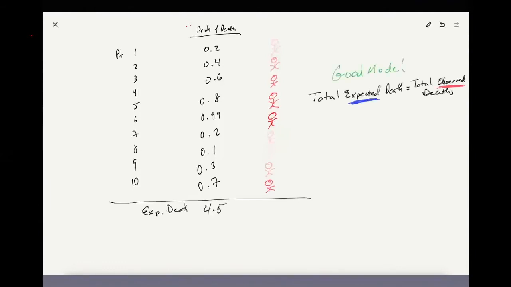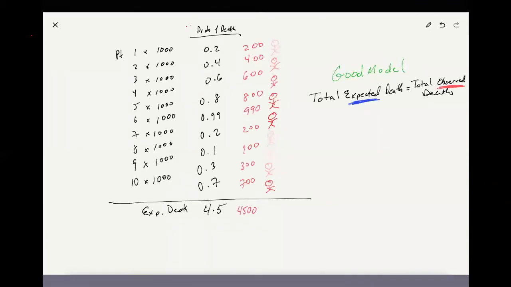And a good model is total expected deaths equals the total observed deaths, right? So half a person can't die, but over the course of many other patients, we expect certainly at least 4 deaths to be present in this group of 10. Now, if we multiply each one of these by 1,000, right, then what we really have is